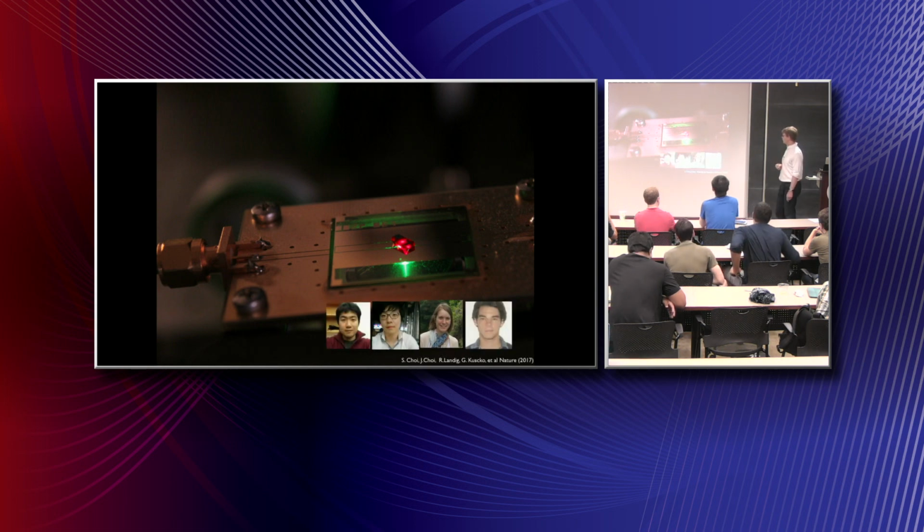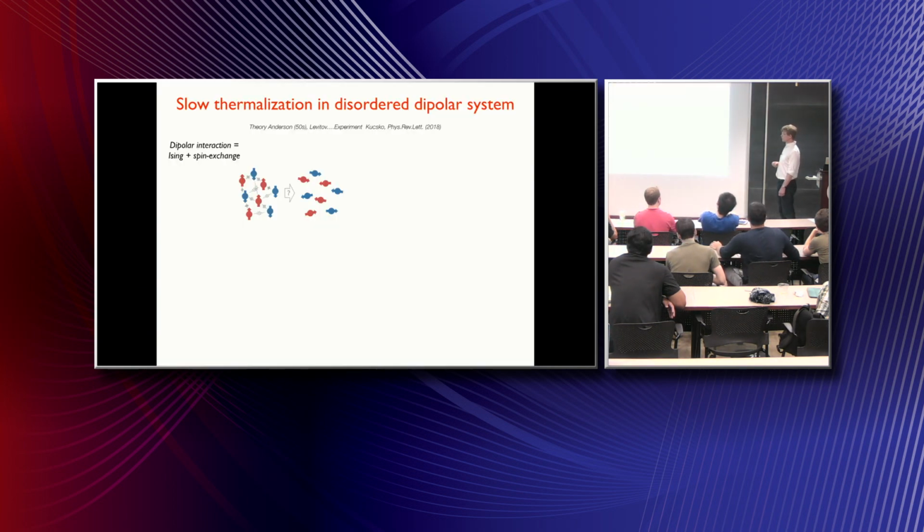And maybe just before I conclude this introductory part about the physical system which we are using, let me show you an example of one experiment which we have done with the system, which shows that this kind of system can be used to probe thermalization. The experiment is of the following kind. Suppose that we start with two distinct groups of NV centers and prepare them in the opposite orientation.